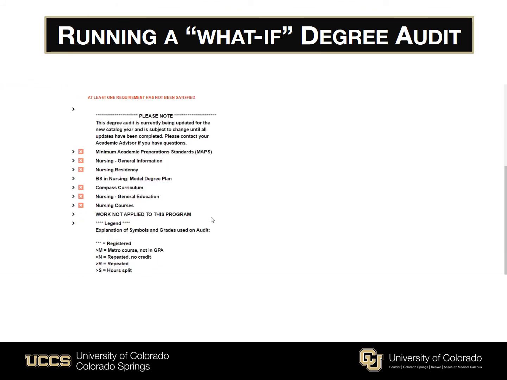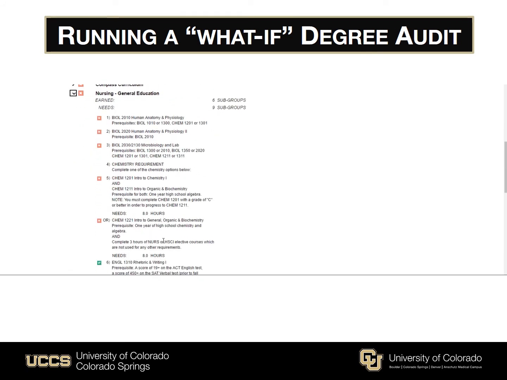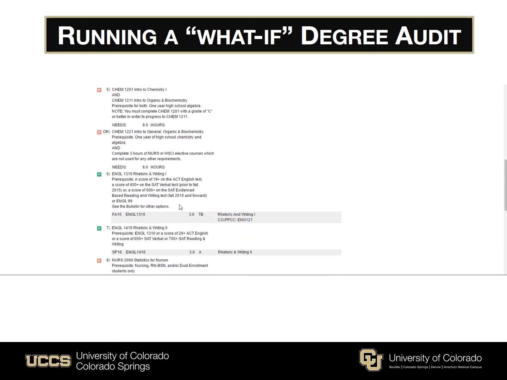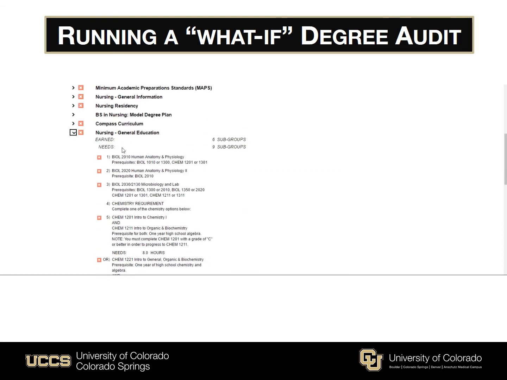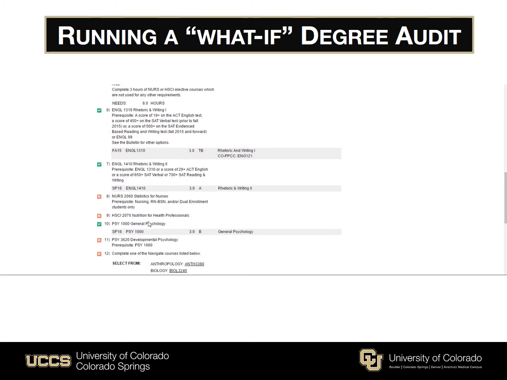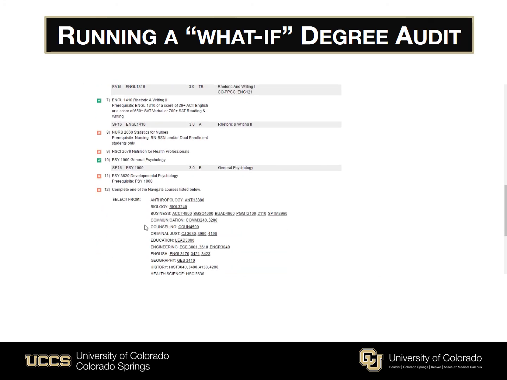The audit's going to look different depending on what major you're in. As you can see, for the nursing audit, there's fewer boxes that you might be able to click on. So here you come in, you click on it, red X means something isn't complete, you click on the box. The only class that we've completed in the general education is that English 1 and then English 2. Again, green means complete, also showing the grade that we have completed. So you could find what courses were needed if you were to change that major. And then you just continue to scroll down and scroll through to see what classes.